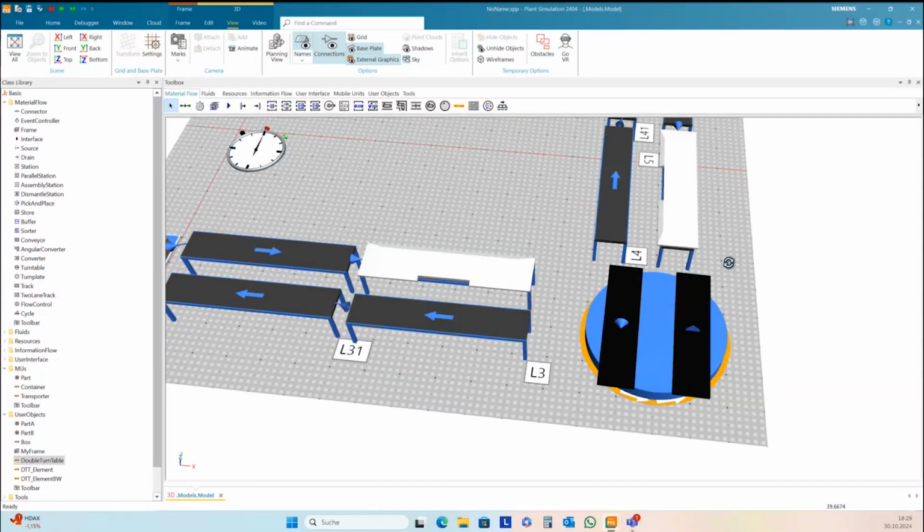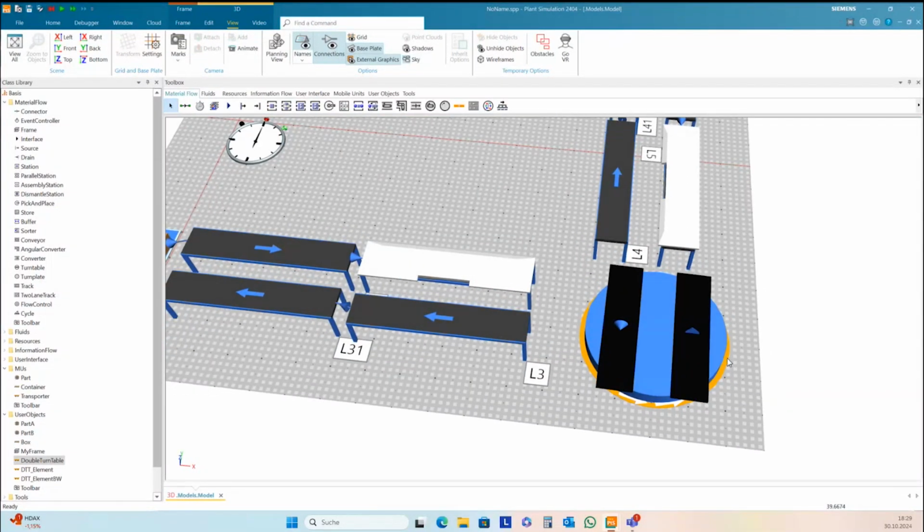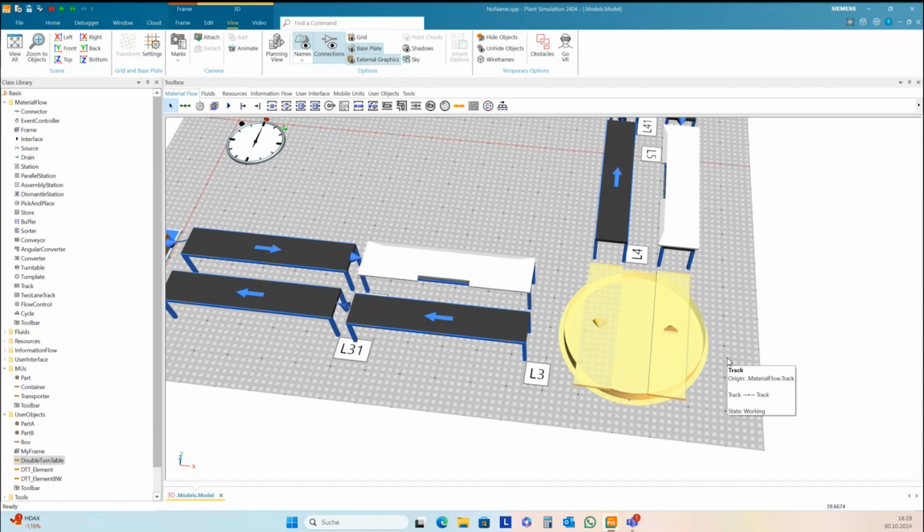Okay. I need to change the position a little bit.